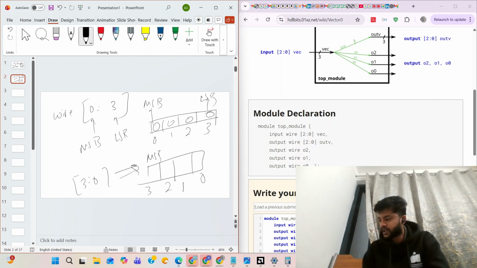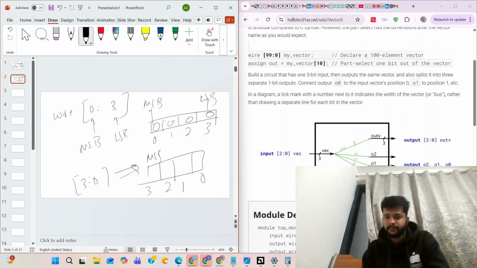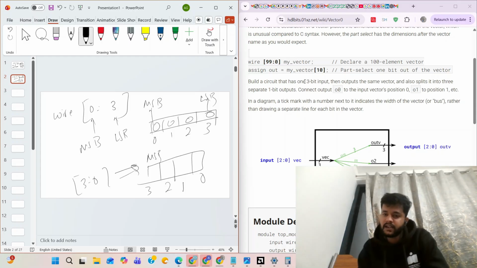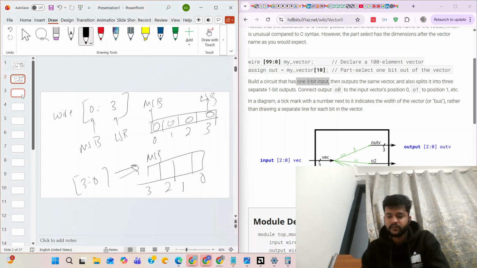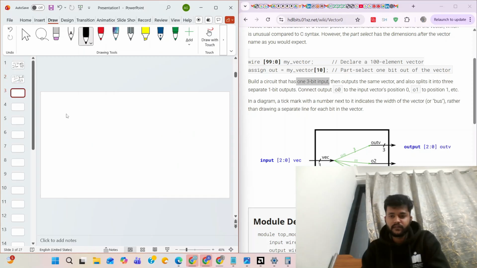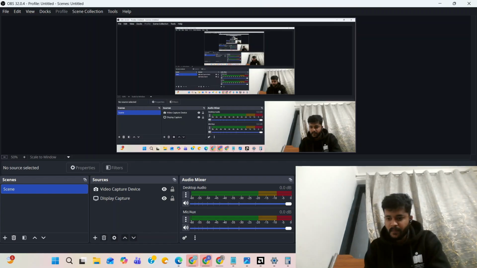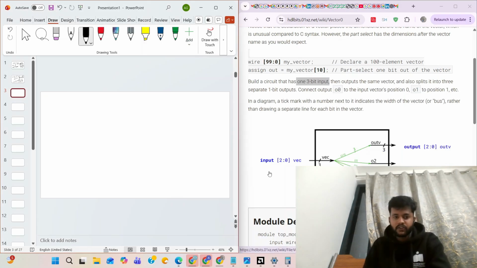So we'll move to the first problem, in which we have to build a circuit that has a 3-bit input. I will also tell you that negative ranges are also allowed.